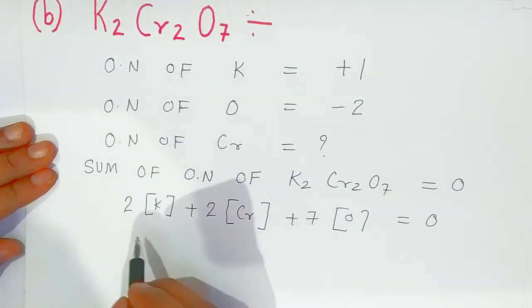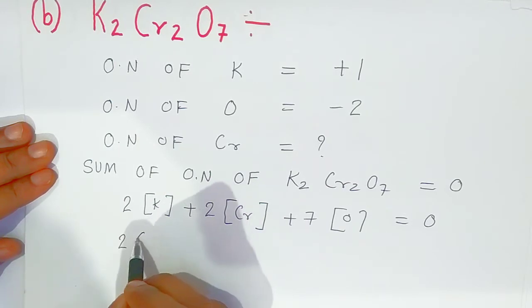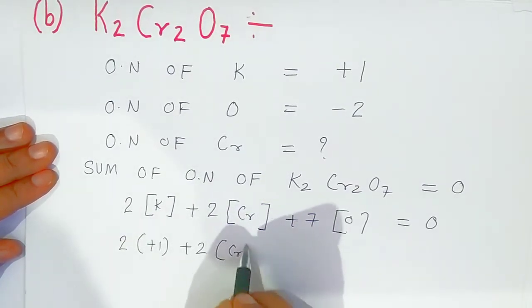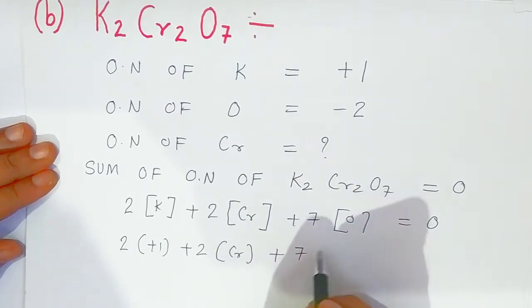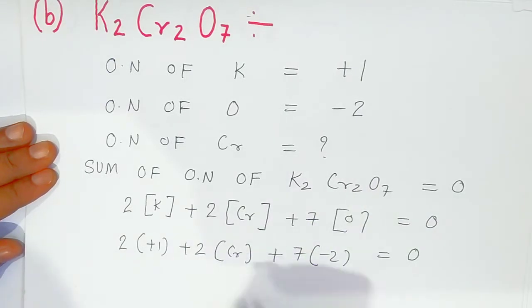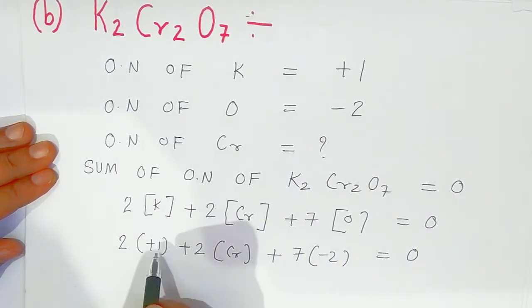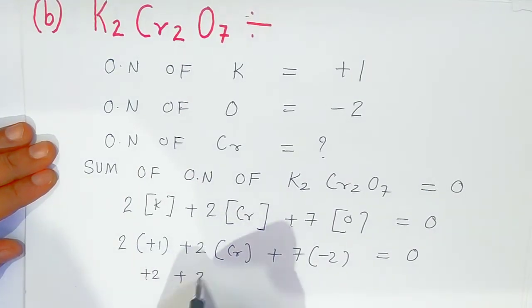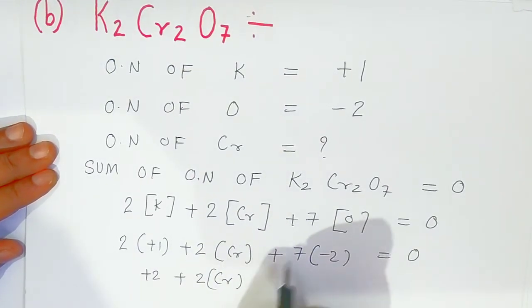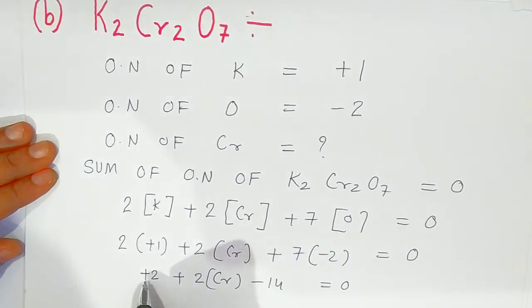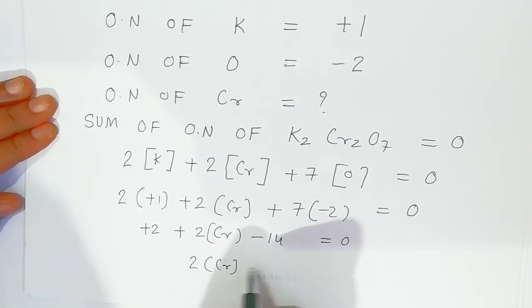Now, students, write down the oxidation number of potassium. Oxidation number of potassium is +1. Oxidation number of chromium you don't know, write as it is. Oxidation number of oxygen, students, is -2, and the sum is equal to 0. Now, students, you can solve the algebra: 2 multiplied by +1 is +2, plus 2 times chromium. Now 7 times -2 is -14, equals 0. Okay students, this is +2 and this is -14, so there will be the subtraction. So 2 times chromium is equal to